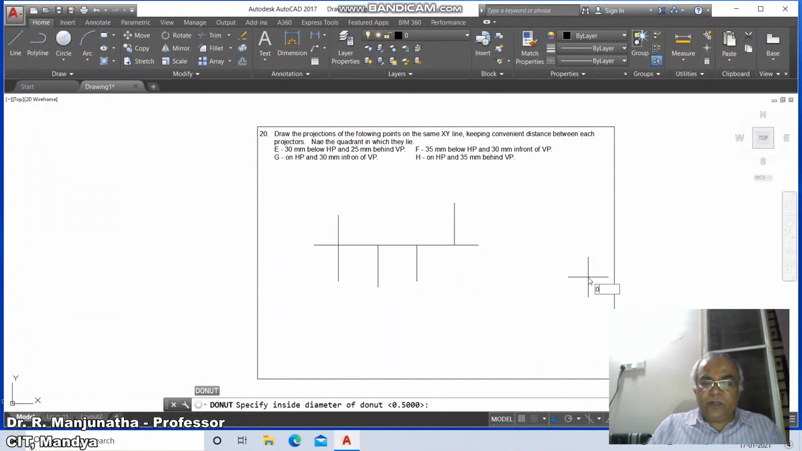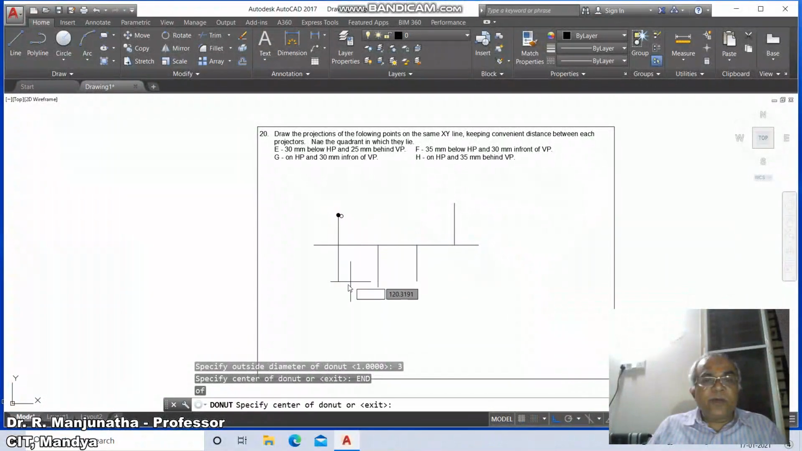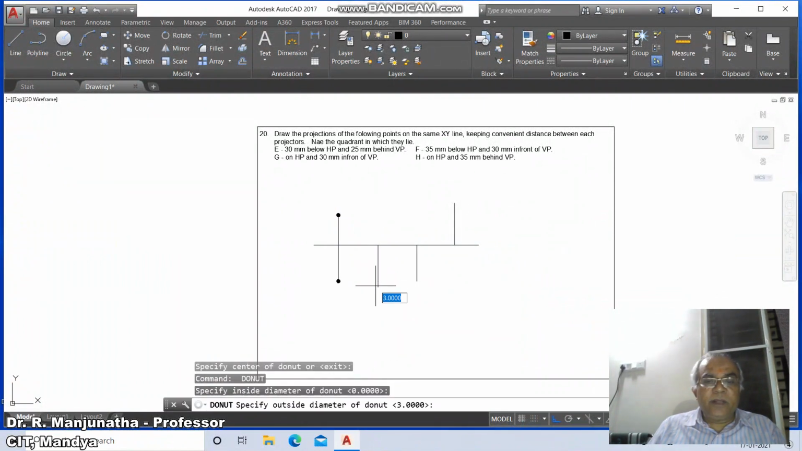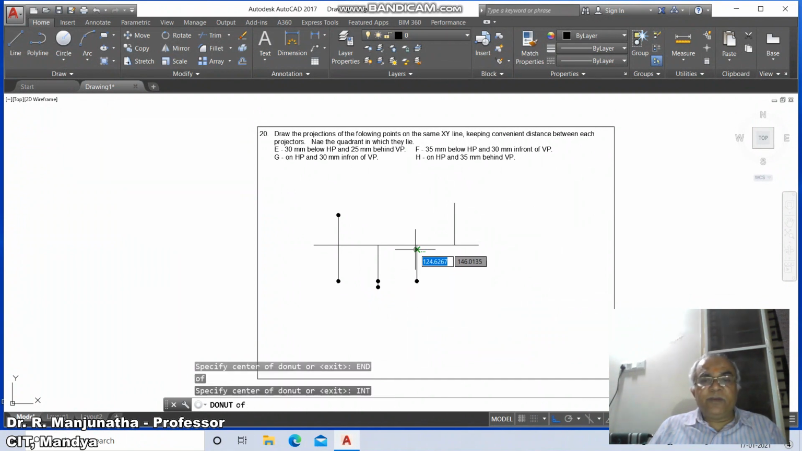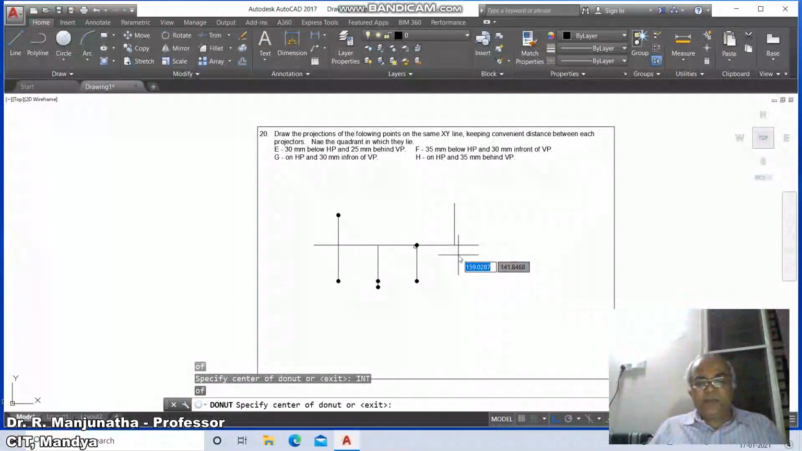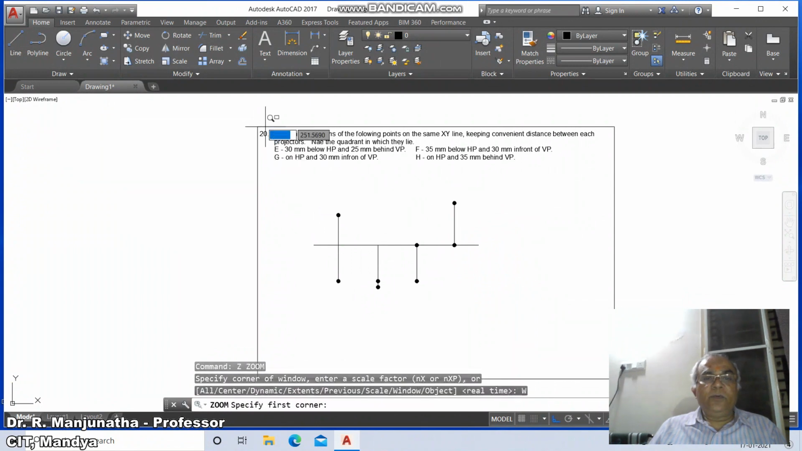Go to 0, inside diameter as 0, outside diameter as 3, and take endpoint of this, draw this, and similarly endpoint of this, draw this. So again take the endpoint of this and similarly endpoint of this, and here take endpoint of this and take the intersection point of this, because these two are intersecting. Similarly from here you take intersection of this and take endpoint of this. So once you get this, now we go for